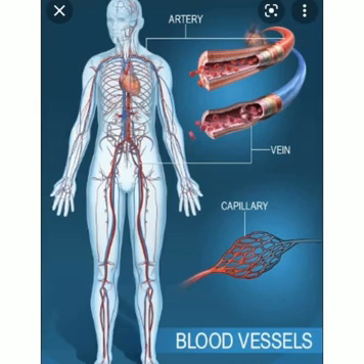Next, let us learn veins. Veins are the vessels which carry carbon dioxide rich blood from all parts of the body back to the heart. The veins have thin walls. There are valves present in veins which allow blood to flow only towards the heart.